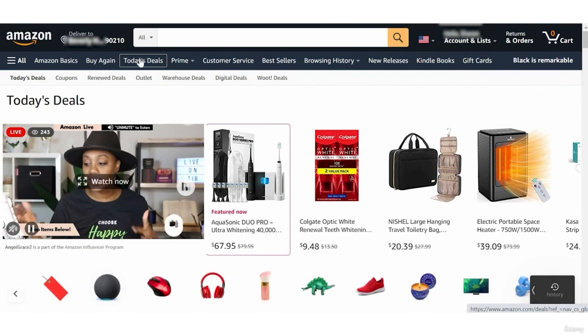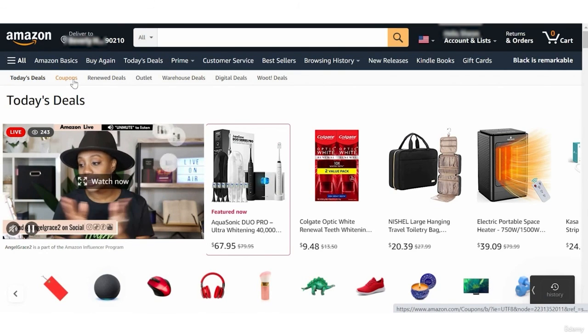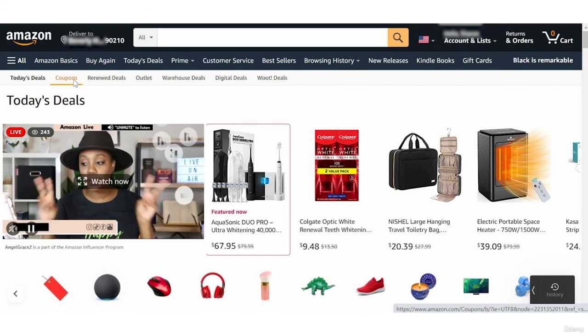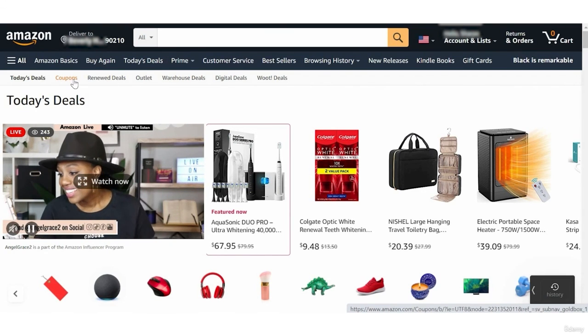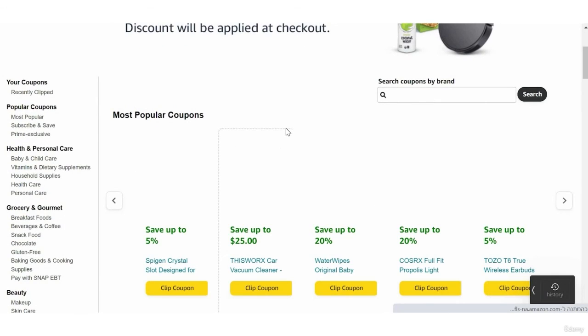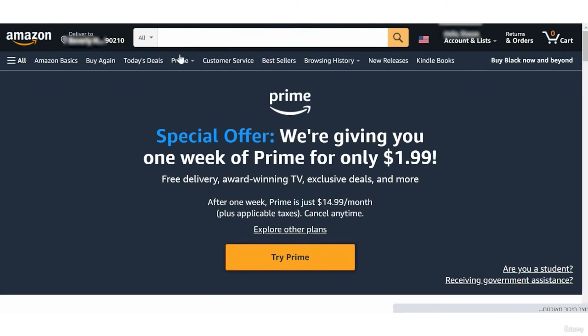Today we are in today's deals. And of course you see the coupons, the renewed deals, the outlet, warehouse deals, digital deals, and more. So there are sub-tabs under the main tabs. Here you have save with Amazon coupons, items that have coupons. Of course, in those tabs you have Prime with a special offer now for 1 week of Prime